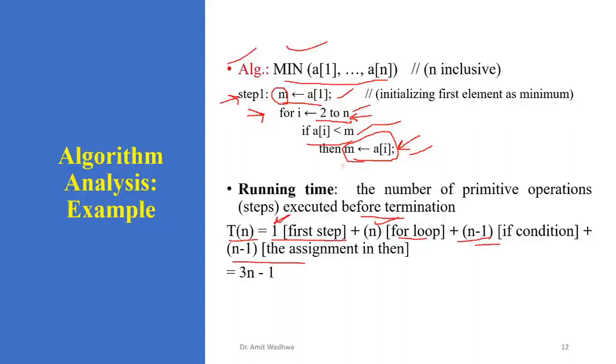Like suppose our minimum is at the last, so maximum it will be performed n minus 1 number of times, because initially, while writing a program, how can we know whether the minimum will be at the middle or at the last. So we assume that it is at the last, and ask how many computations are performed in order to achieve that requirement. If the element is at the last, every time this if condition gets executed, it will again execute the assignment operation. So that's why it is the same as the number of if statements executed. So this will be n minus 1 as well as this will be n minus 1.